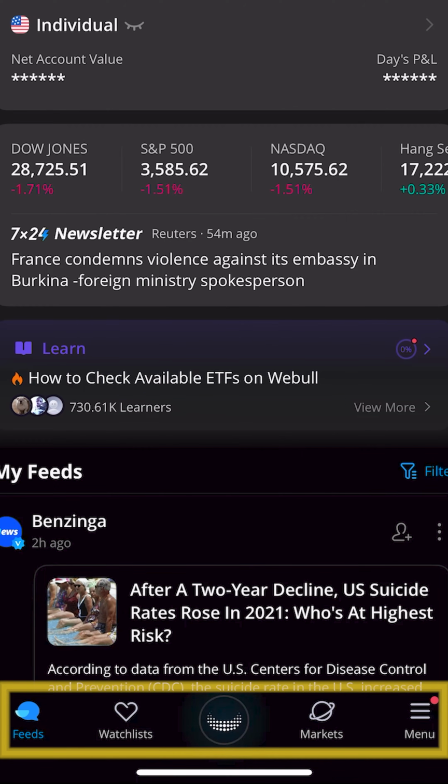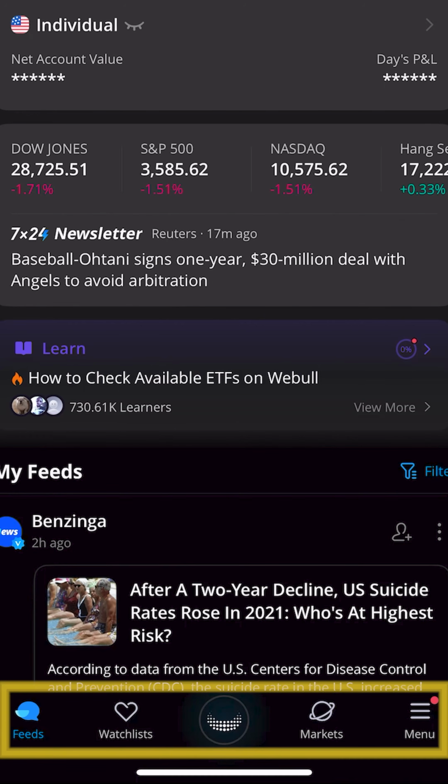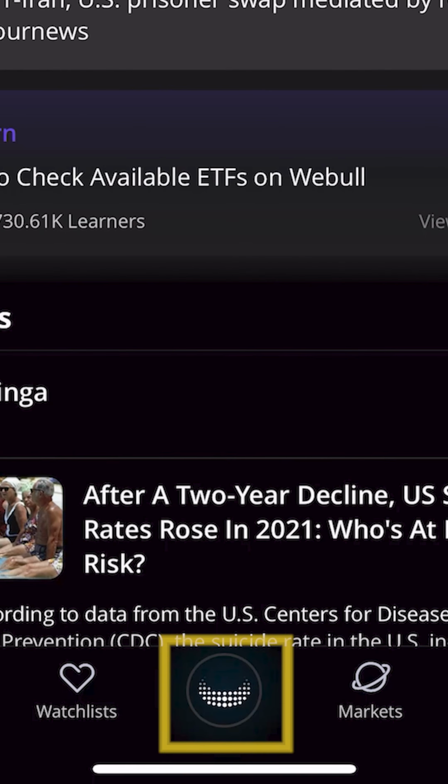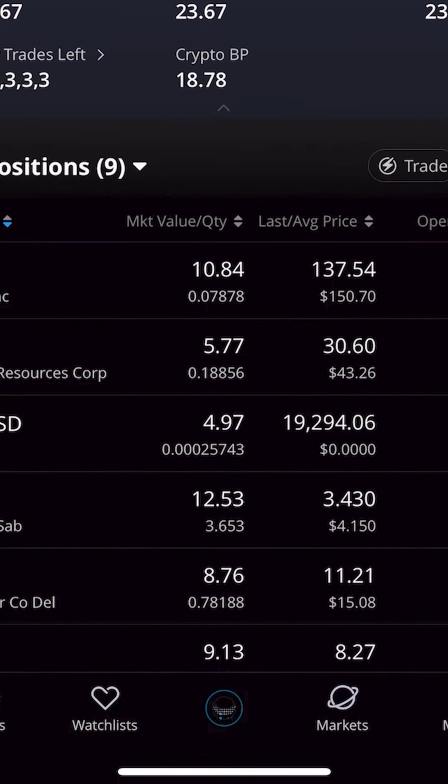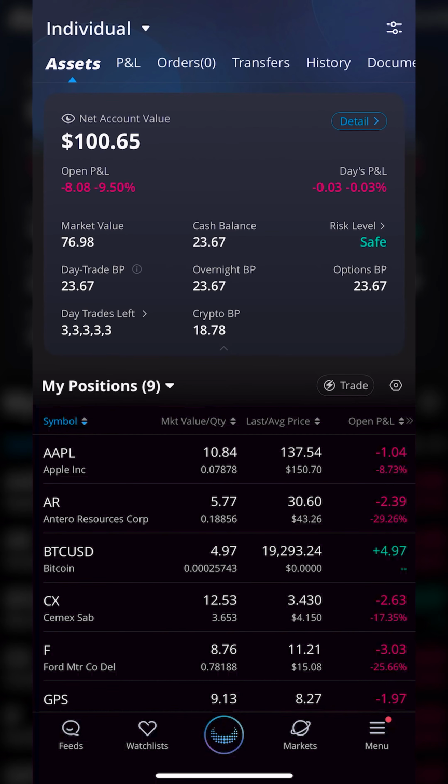The very first one that we'll be discussing, and the one that you'll probably spend a lot of time on, is going to be the Accounts tab. Here it'll look like a little Webull icon at the very bottom of the screen, and as soon as we click on that, we can essentially see everything going on in this account right now. So how much buying power do I currently have, what positions do I hold, and how are those positions doing? Essentially, this is where you're going to come to manage your entire account and just keep track of everything that's